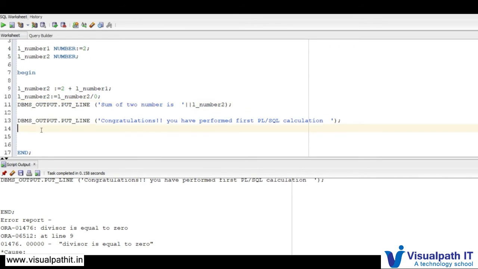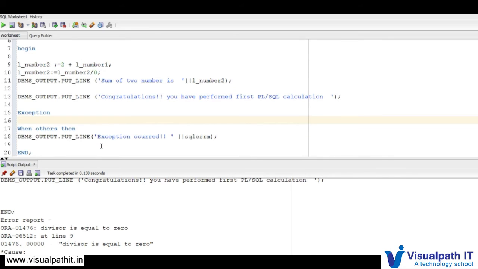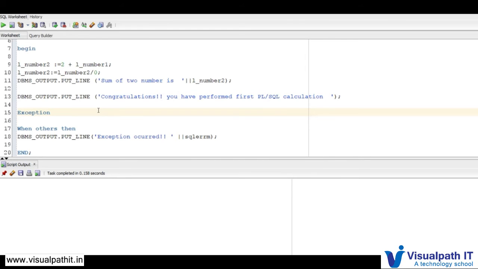Rather, if you bring back the exception block and run it again, you get the message. Although the PL/SQL procedure successfully completed, whoever is executing this block comes to know which exception this program hit.